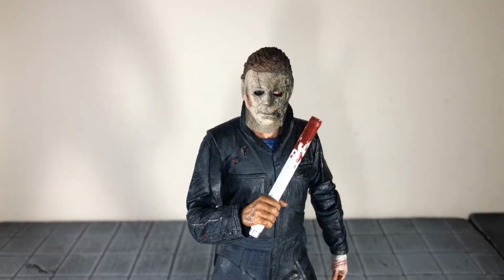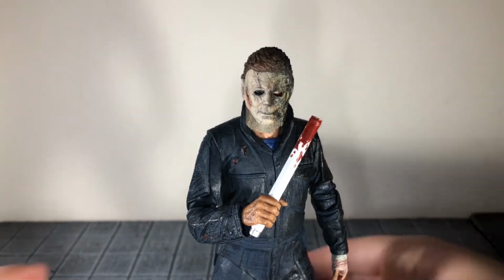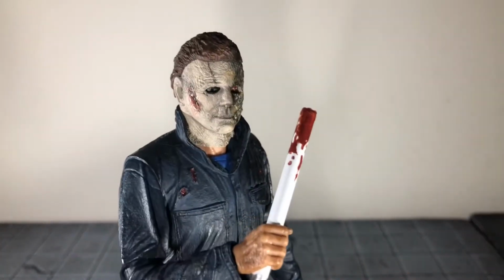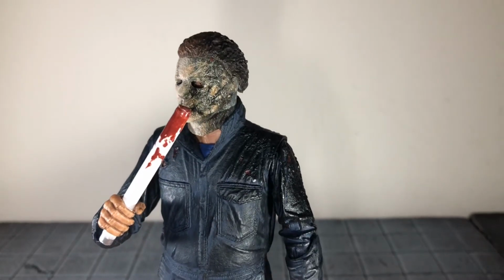Up next, he comes with the light bulb, and I'm not really a huge fan of the way this looks. I wish the end would have been a little bit more jagged. It is covered in blood, but the blood almost looks dry on it. It has like some brownish color mixed in with it, so I wish it would have been more of just